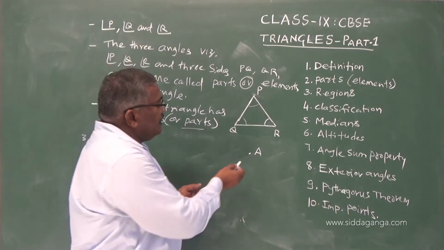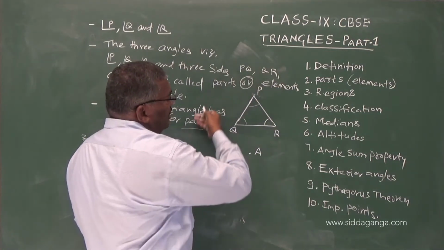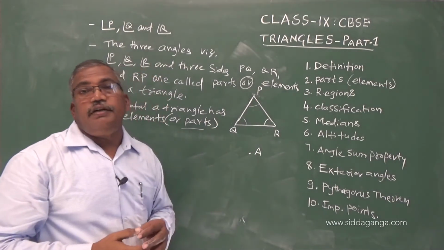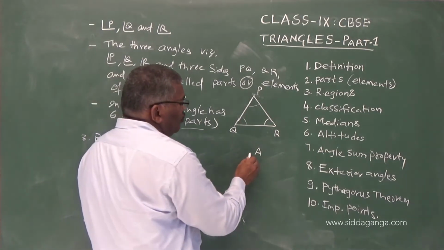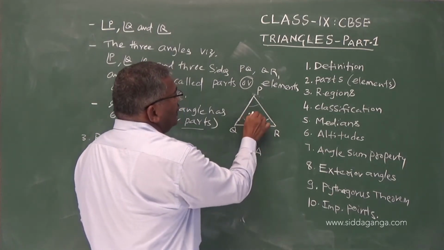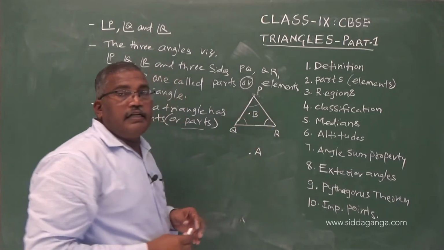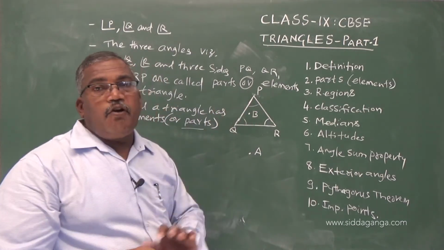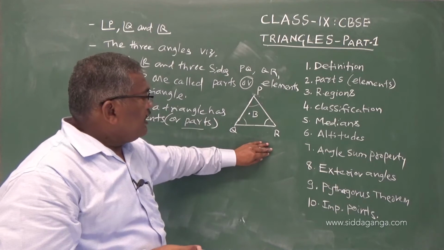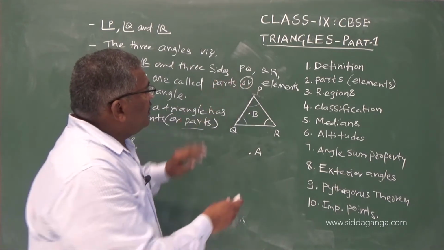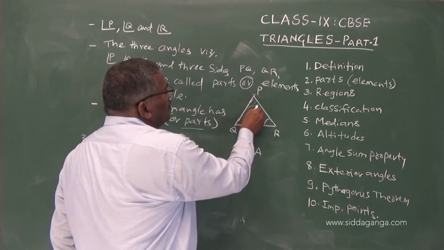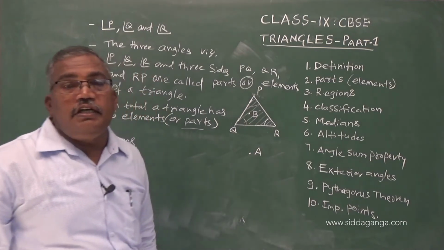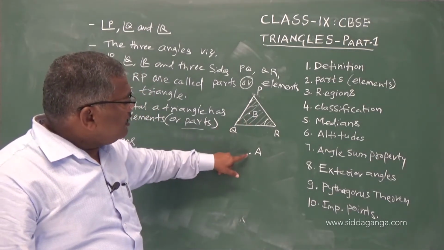So therefore we say this board area outside the triangle, we call it as exterior area. Suppose the point B is inside the triangle, let us say this is point B, we call any point inside the triangle area an interior point. So this is exterior area, this is interior area. Interior area is this entire area which is inside the triangle. This hatched area is the interior area. So interior area, exterior area,